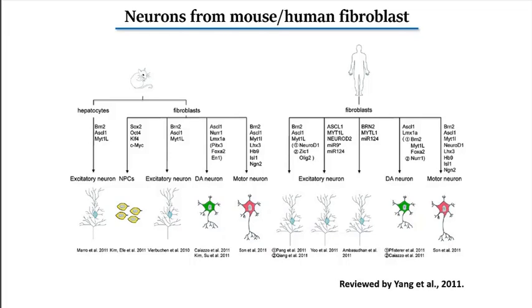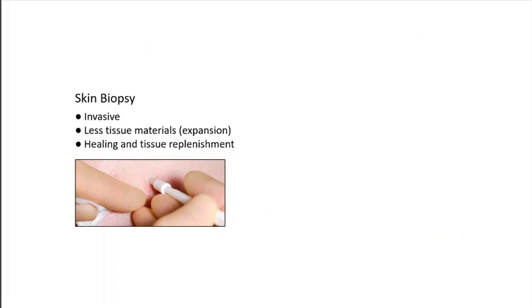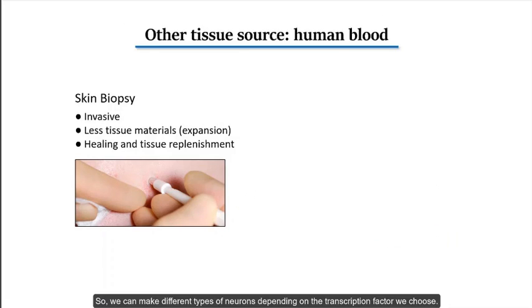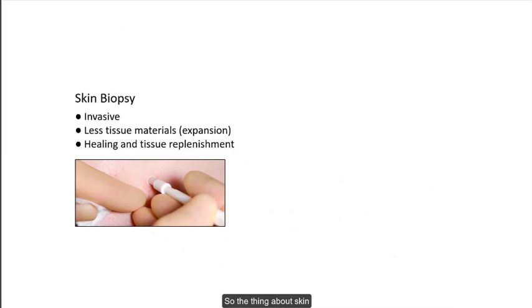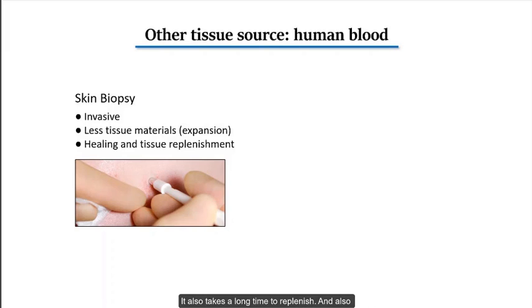So we can make different types of neurons, depending on the transcription factor we choose. But then you can think about skin, and I was also talking about hepatocytes. Who's going to get lung tissue? Even skin is a little bit invasive. Pricking people and getting skin samples is kind of painful, and it also takes a long time